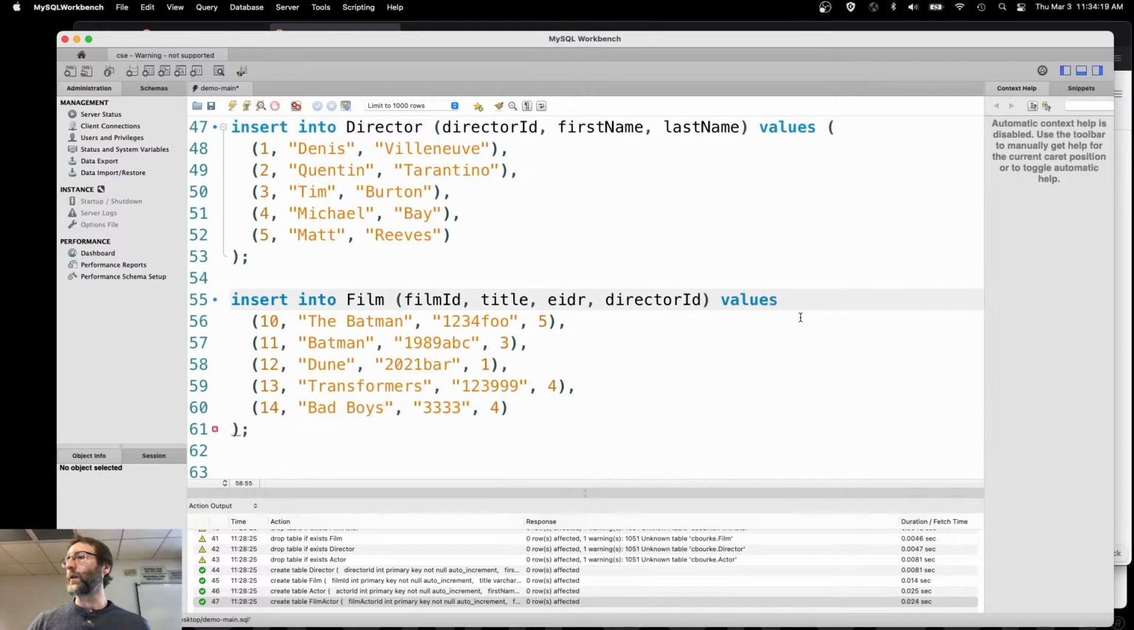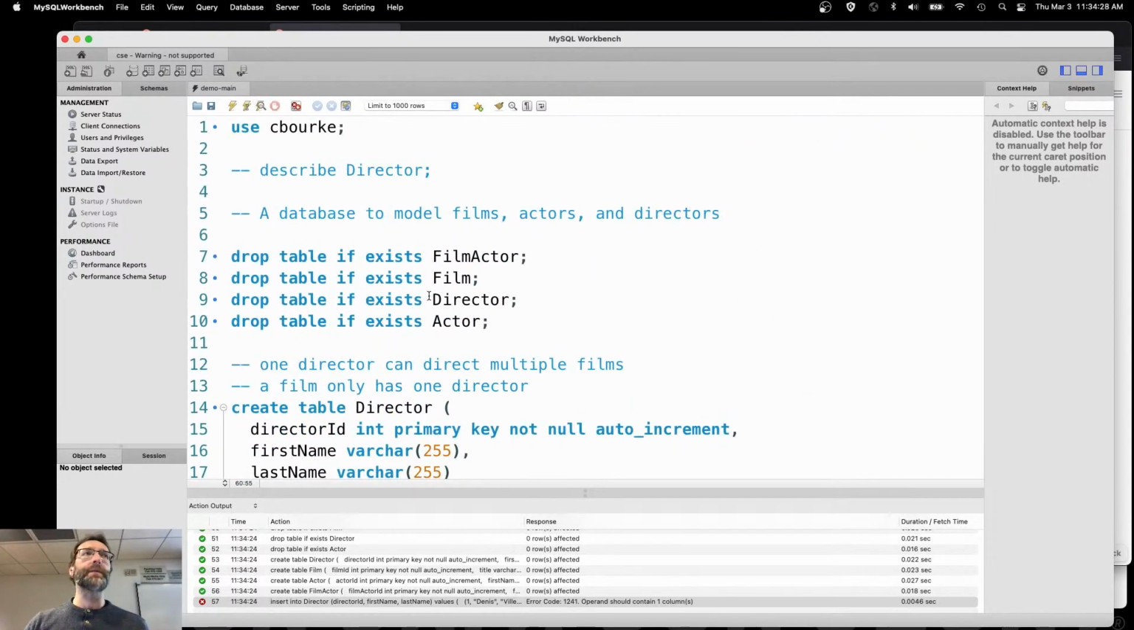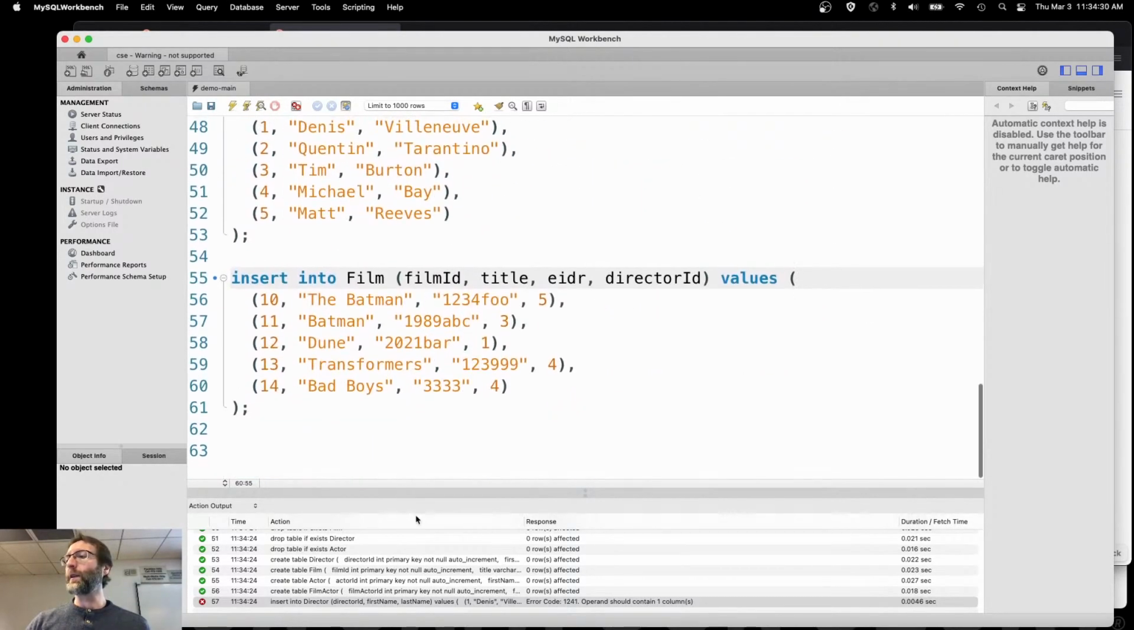Values. There we go. And then I don't have an opening bracket there. Okay. All right, let's go ahead and execute this entire script over and over again, because I did have a bunch of drop table if exists. That'll save me some time. Operand should contain 1 column. Where we